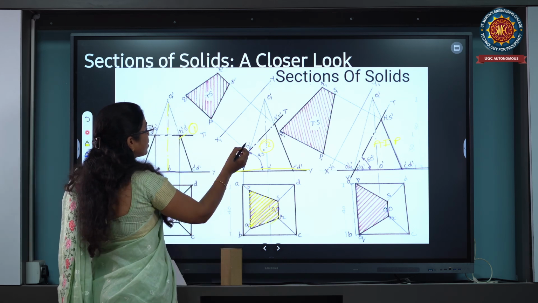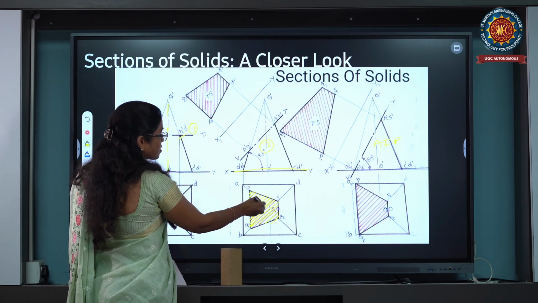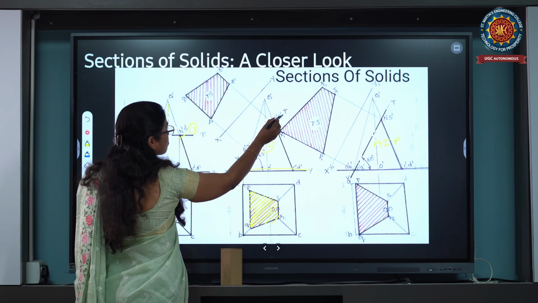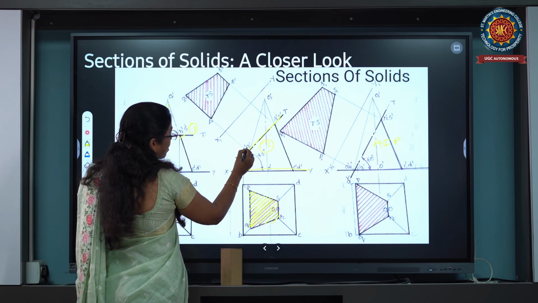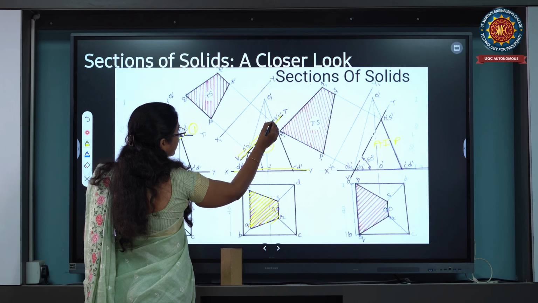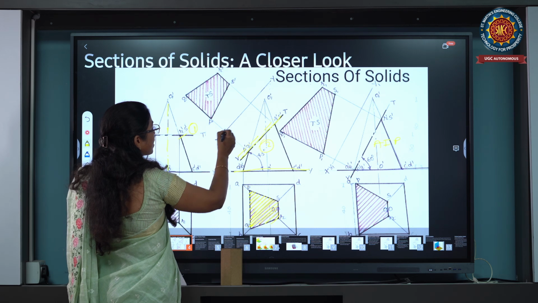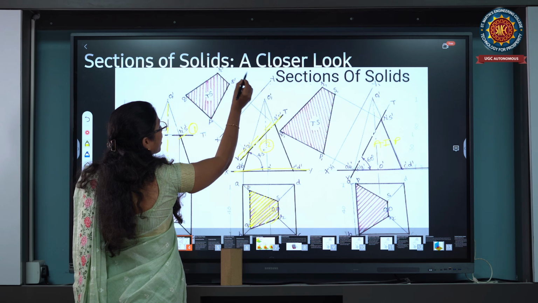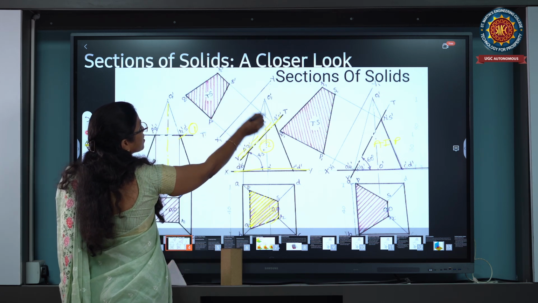Okay, then we need to draw the true shape of this cut surface. We need to draw this cut surface using one line. This one is a section plane. The section plane here is denoted as one long dash and two dots, one long dash and two dots, like that. Draw one line parallel to this section plane, and draw one line parallel to this section plane, and using this reference line we need to draw the section plane.